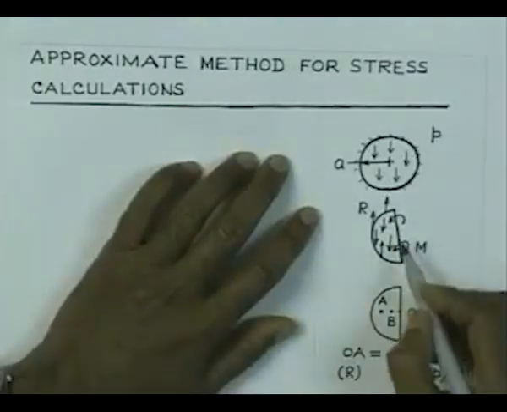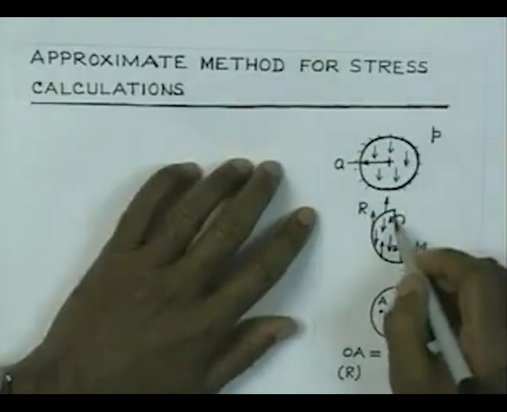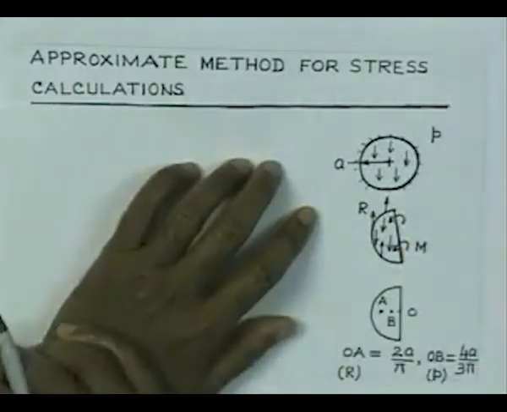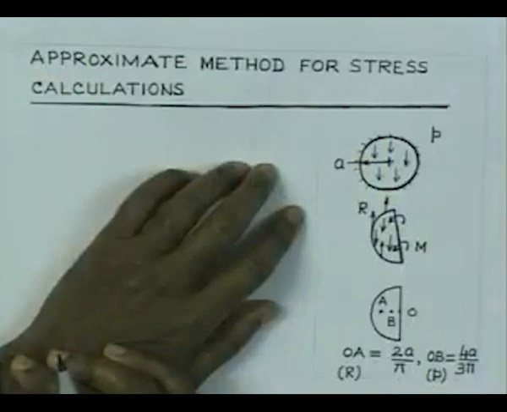Now, we are more concerned about the bending moment. On this section we are going to have bending moment coming up, and this bending moment we can assume to be uniform; they do not have any variation in the radial direction. Although you have seen in the exact calculation there is a variation, herein we can assume that they are going to remain constant all over the diameter. And now,